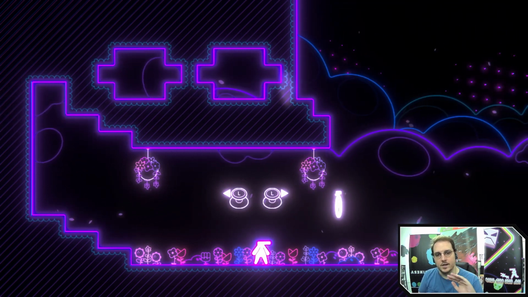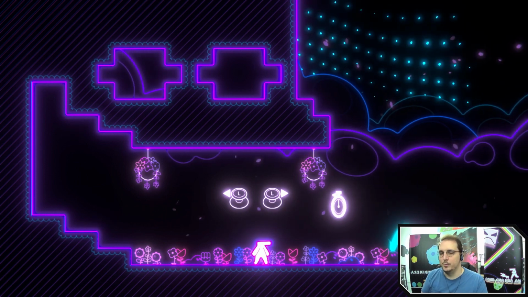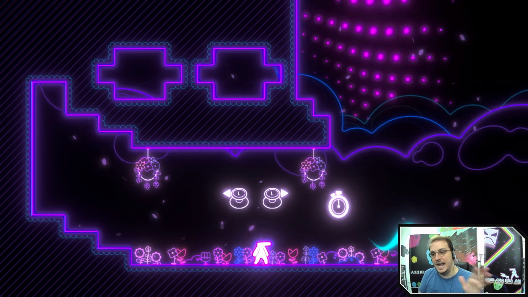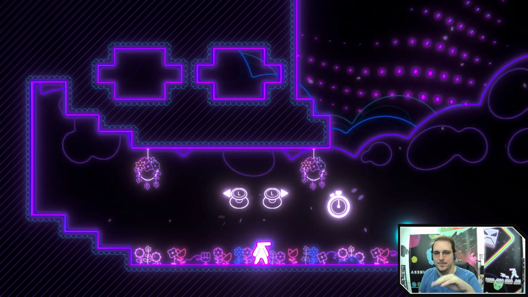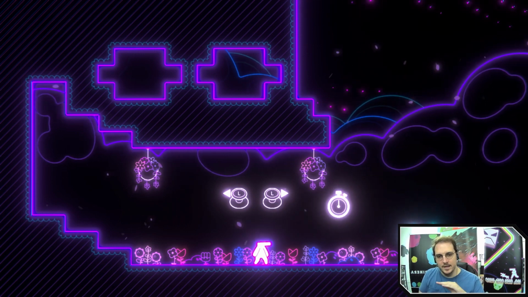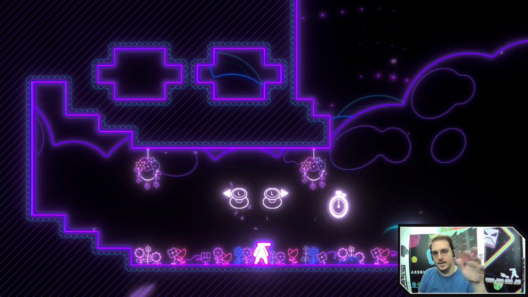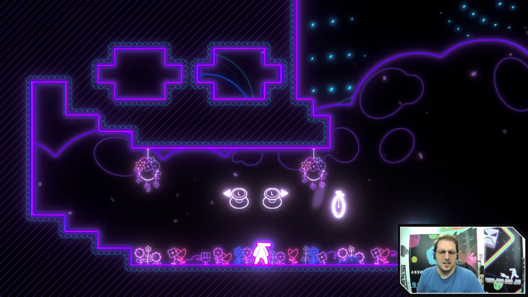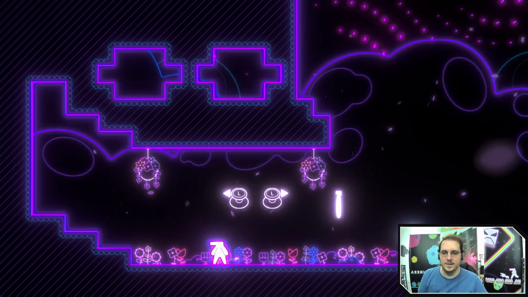So we have 3 different colors of orbs, kind of like relics in Crash Bandicoot, if anyone's familiar with that, where in that game it's sapphire and gold and then platinum or whatever. We do something similar where the baseline is silver and then gold, and then the fastest times will get you a platinum time orb. The color of the orb doesn't really matter, it's just for bragging rights.